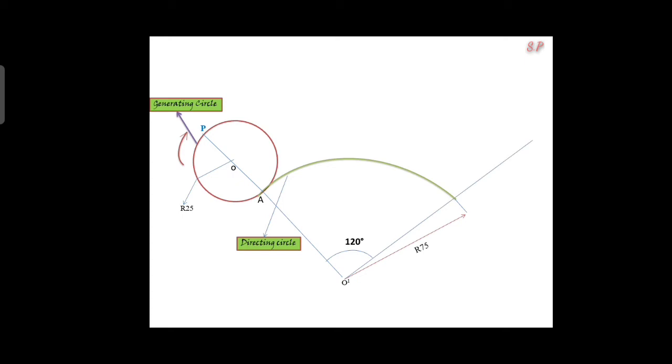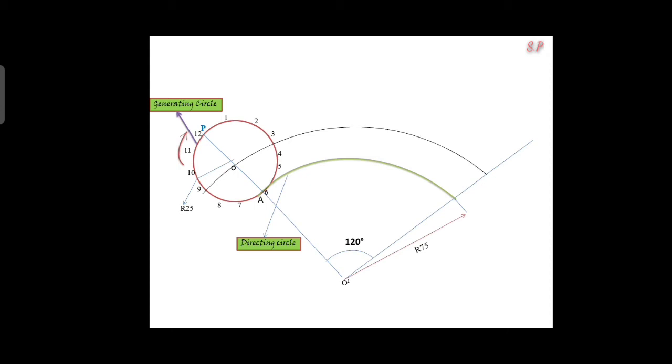After that you divide the generating circle into equal parts. I am going to divide the generating circle into 12 equal parts. So you take each angle as 30 degrees, locate the first point, and next 60 degrees, and locate the second point. After dividing the generating circle, you draw the locus of the center. From the generating circle point O, with O dash as the center and O dash O as the radius, you draw a locus arc.